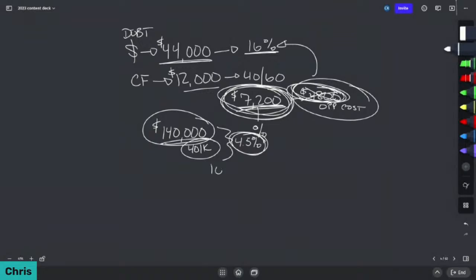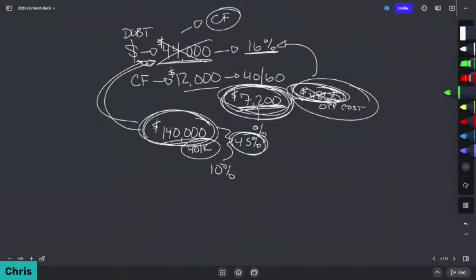I would pay the 10% penalty, because 10% and 4.5%, it's 14.5%, but you're getting rid of 16% debt, right? So I could clear this out. The question is, on this debt, how much cash flow is going towards this? The key is, if you're going to use that to pay off the debt, you're going to create more cash flow. The question is, what are you going to do with that cash flow? You need to save that cash flow, right?